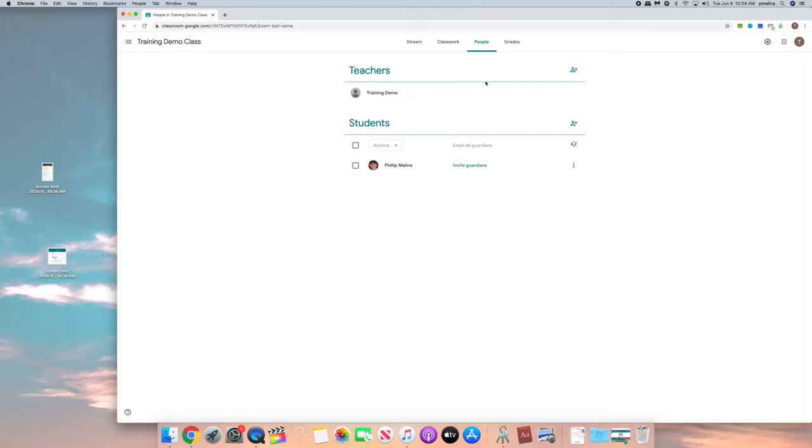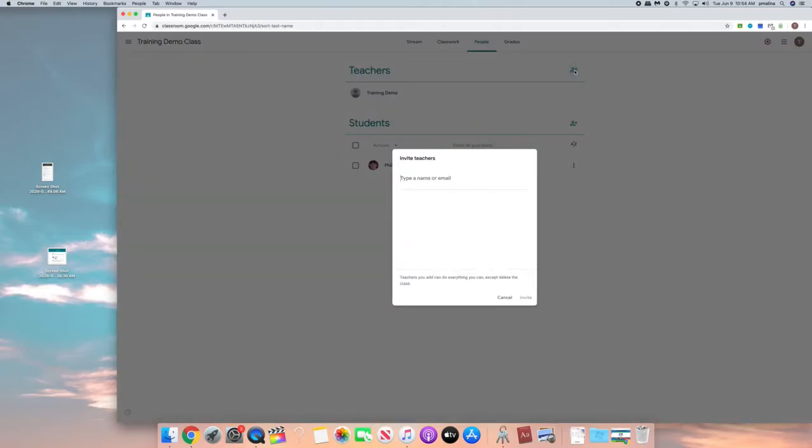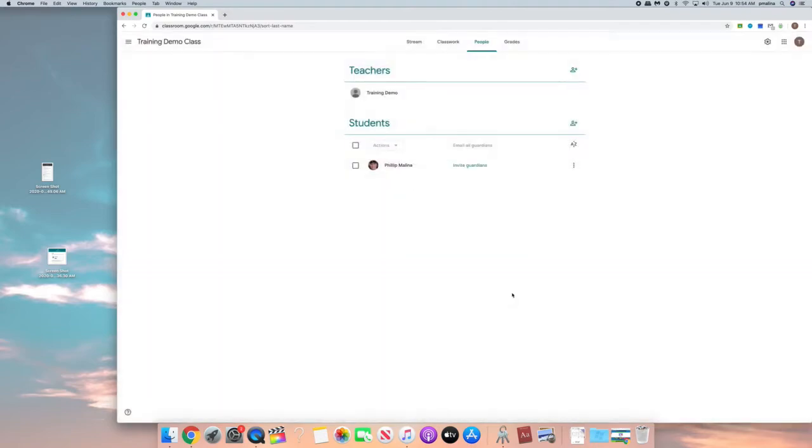You can add co-teachers, or if you're collaborating with another teacher, you can simply add them by coming here, hitting this plus button right here, putting in their email address, and clicking Invite. The same way you would do for a student if you needed to add a student, the same thing, invite